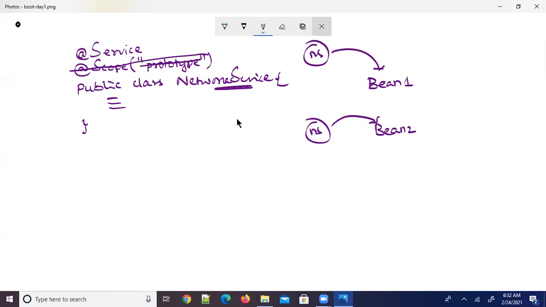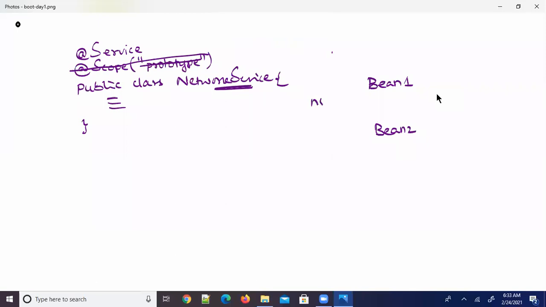The Spring Container is just going to create a single object and will inject the same object to both the beans. So these are some of the basics that I would like to explain.